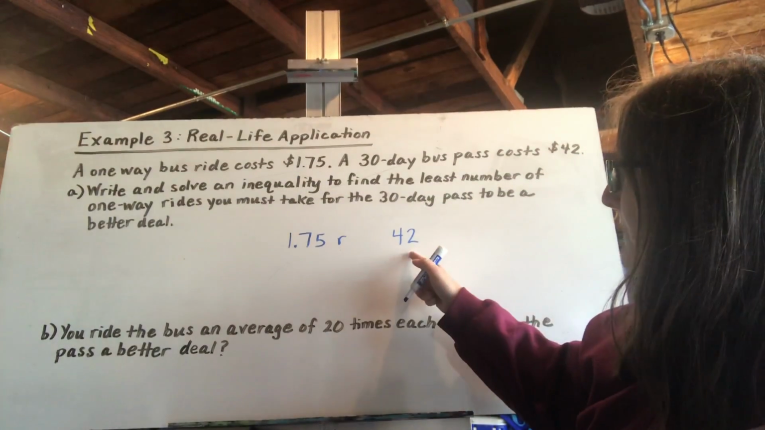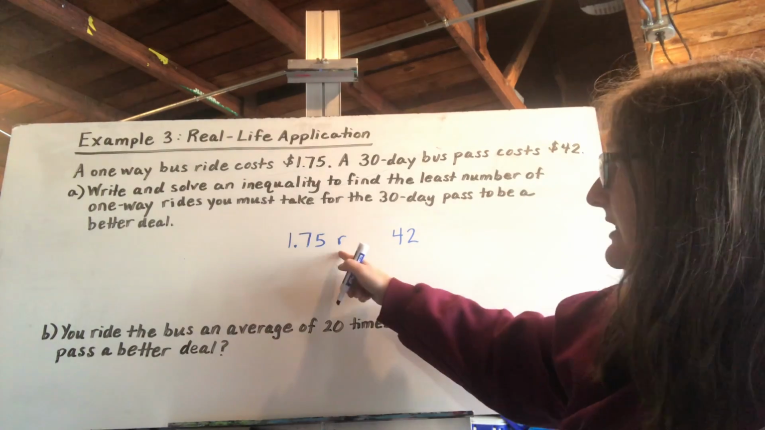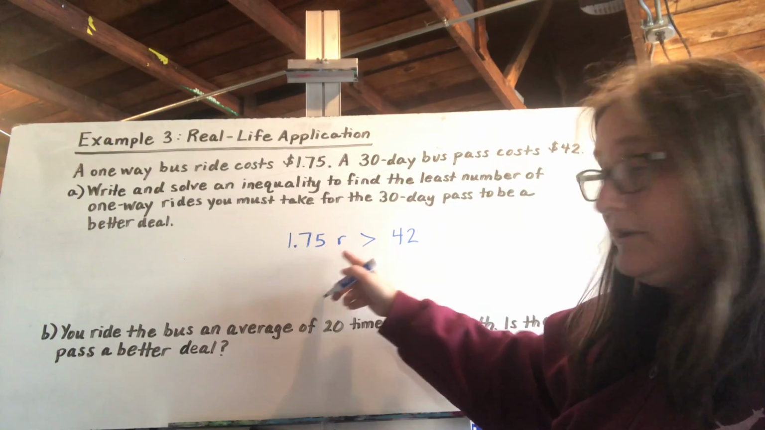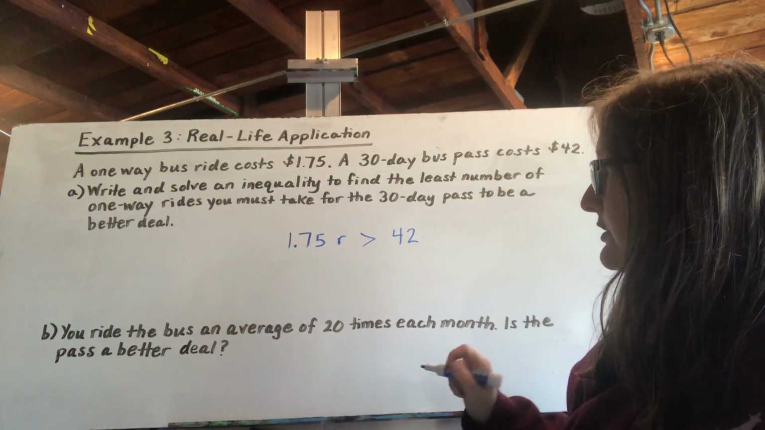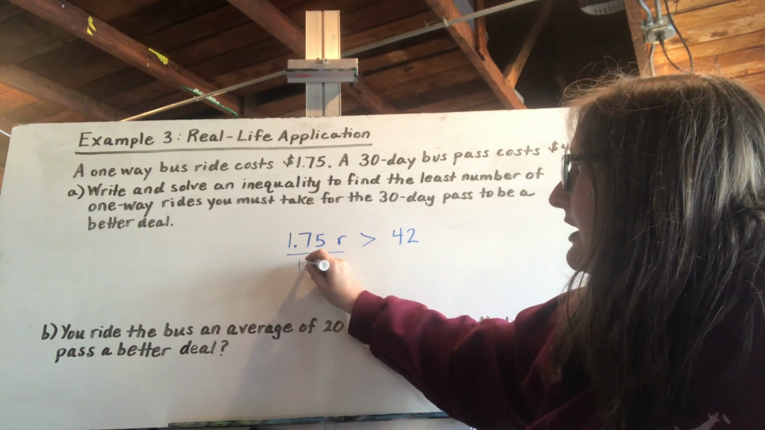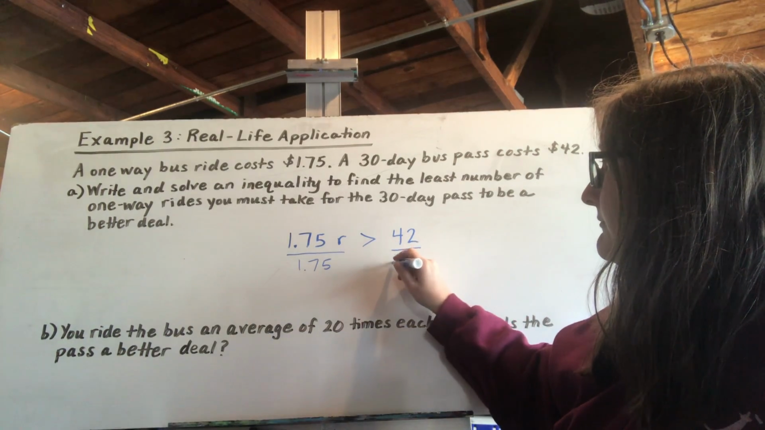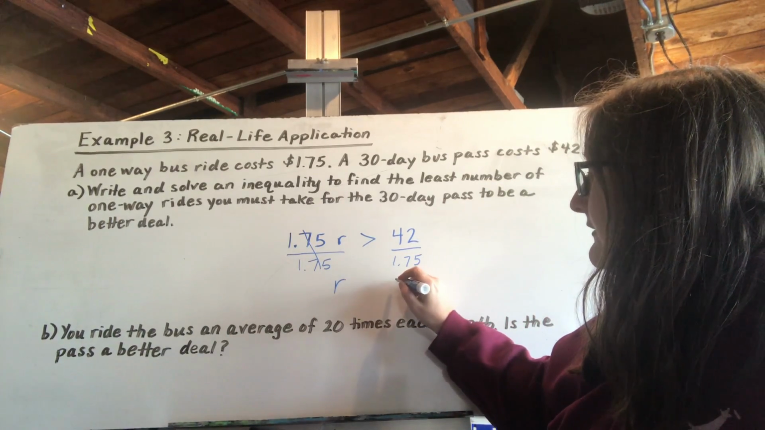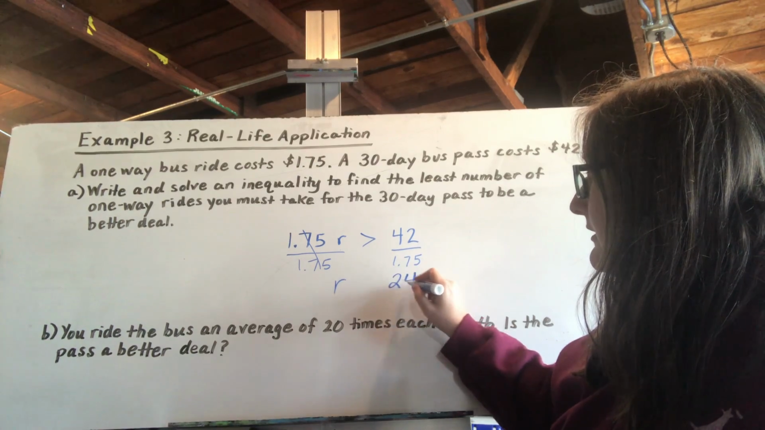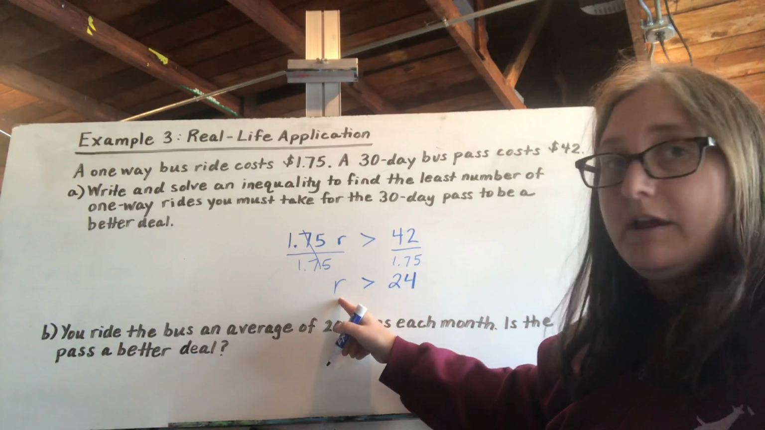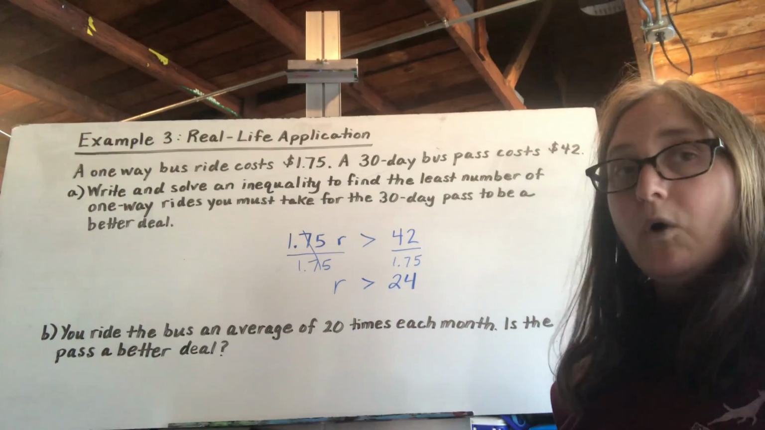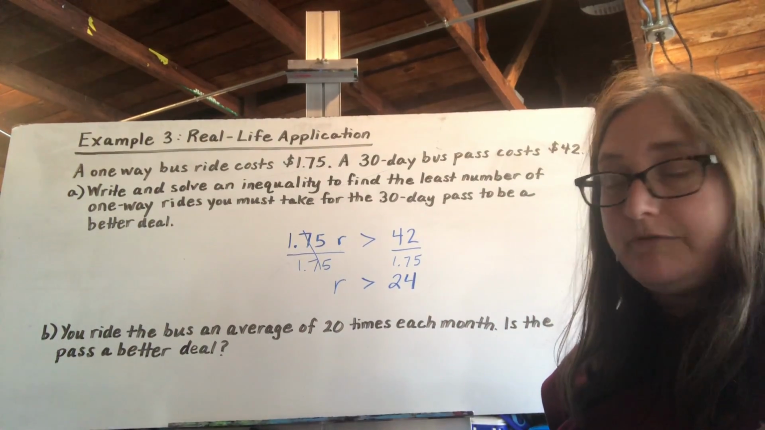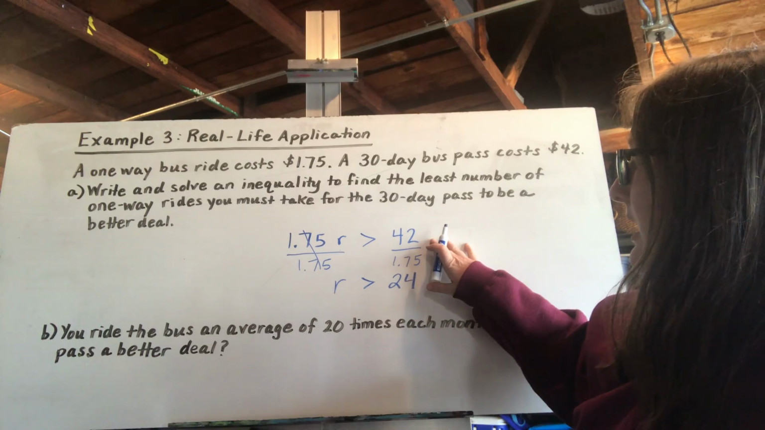But I want this to be a better deal. I want this to be less than paying individually every time. So I want to know, when does this money exceed $42? When is this bigger than 42? So to solve, I'll divide each side by $1.75. And 42 divided by $1.75, I get 24. So I have to take 24 of the one-way bus rides. I have to ride more than 24 times, more than 24, for it to be a better deal to buy